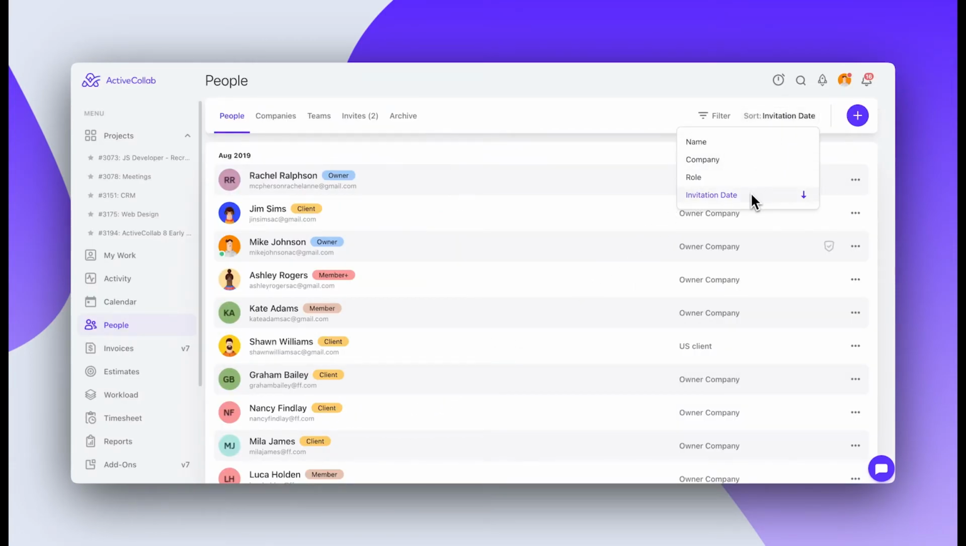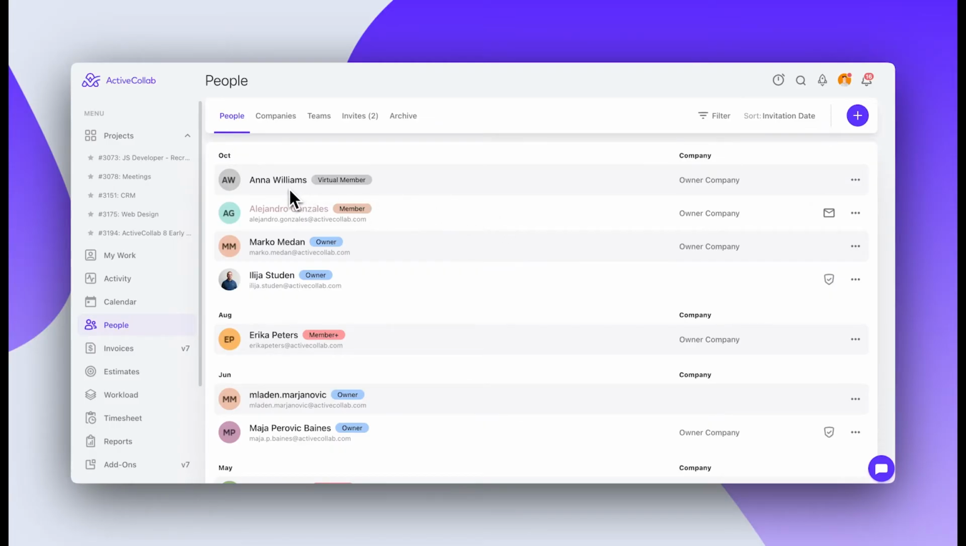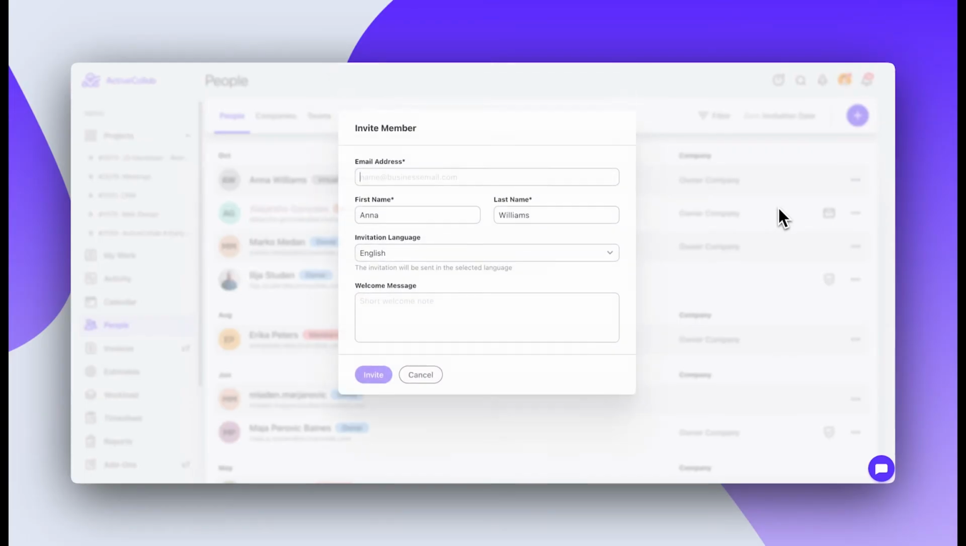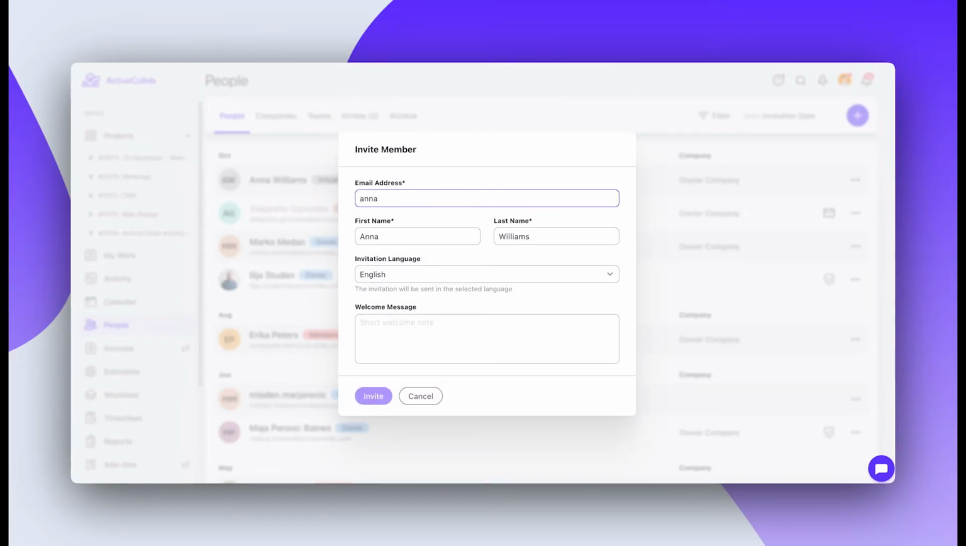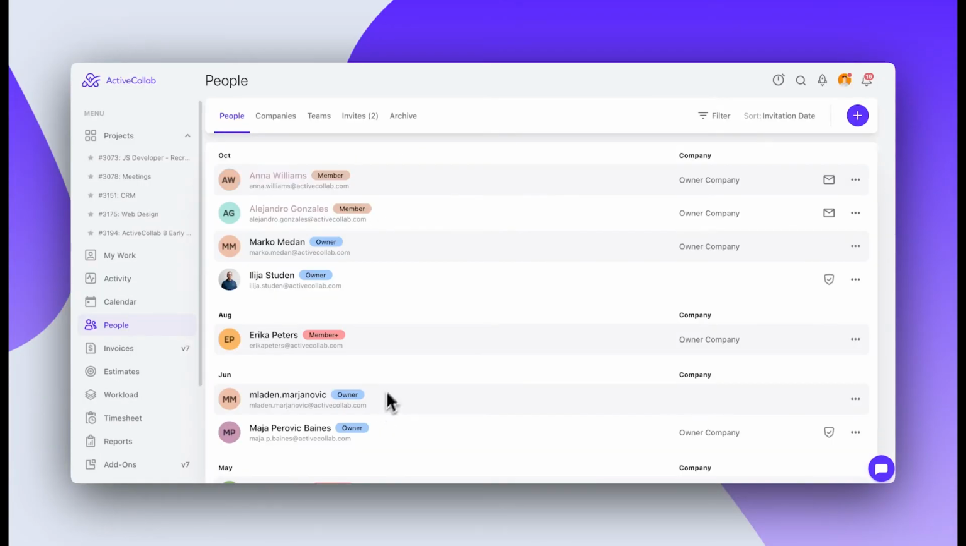and once you are ready to invite the person to join, find them in the People section, click Invite User, add their email, create a personalized welcome message, and send the invitation. Virtual users will not be charged to your account until they accept the invitation and join